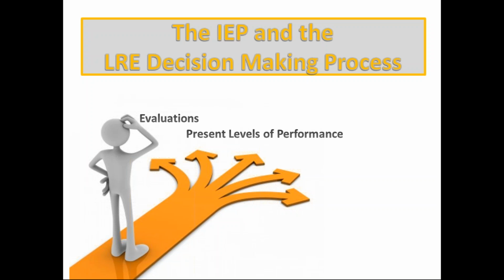The PLEPs look at academics, which include all subject areas and functioning levels, interests and preferences, instructional supports and services, and accommodations and modifications that have been used. PLEPs describe what has worked and what hasn't worked. PLEPs look at the social needs of the child. How do they get along with others, both peers and adults? What are their strengths and needs in these areas? Are they leaders, or do they need appropriate role models to learn appropriate behaviors?